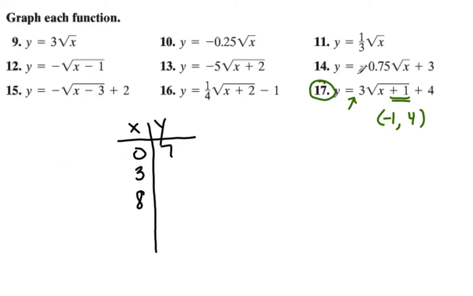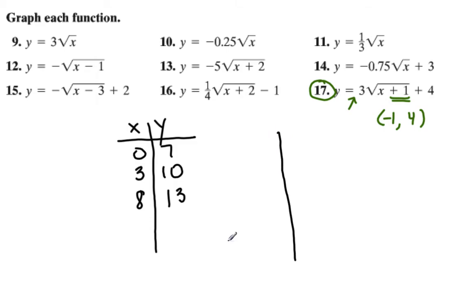Putting 3 in. 3 plus 1 is 4. Square root of 4 is 2. 2 times 3 is 6. 6 plus 4 is 10. Put 8 in. 8 plus 1 is 9. Square root of 9 is 3. 3 times 3 is 9. 9 plus 4 is 13. All right, so now that we have an idea of where our graph points are going to be,